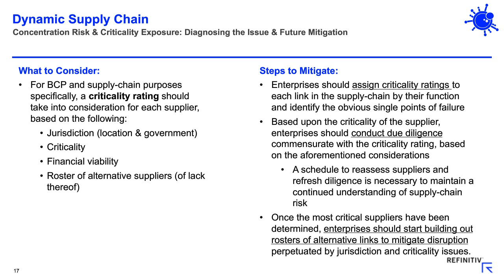So say if the tier 1 supplier is of the utmost criticality for a very unique aspect of your supply line, how many other potential alternative suppliers can you build out so you can pivot that piece away? So piecing this all together, to mitigate disruption and build out that dynamic supply chain, you should first and foremost assess your supply chain in terms of concentration risk. You should assess jurisdiction and assess criticality.